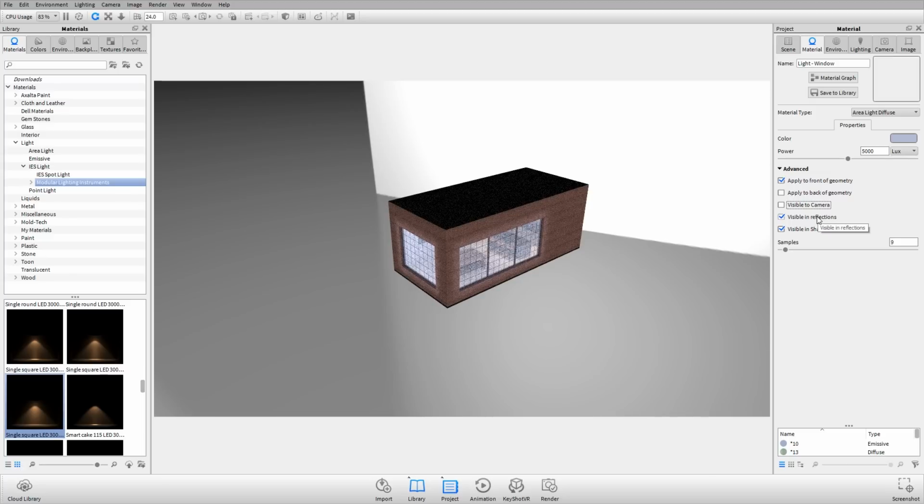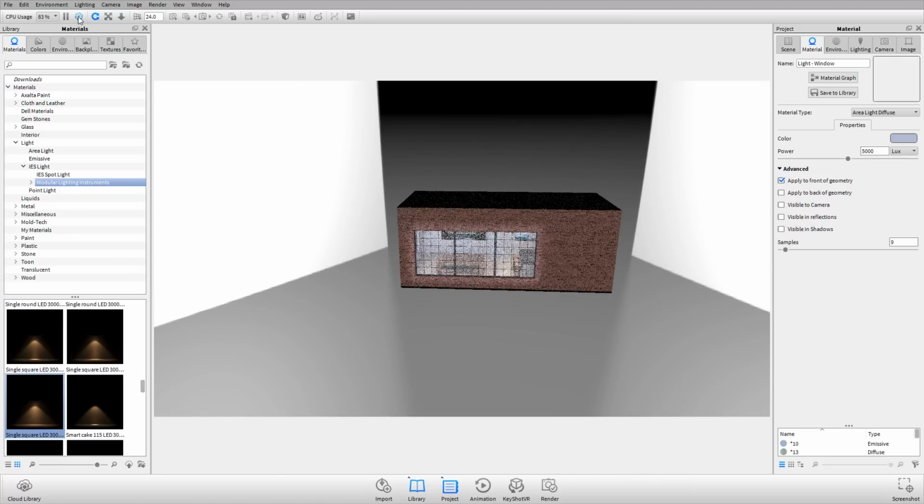I also don't want the reflection of those invisible lights, so I can make that invisible. And one really important thing is I can disable visible in shadows. So now the light that is coming in from my environment comes in on top of all the other light. So let's zoom in here,